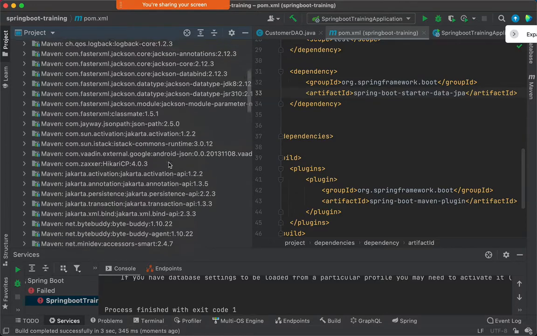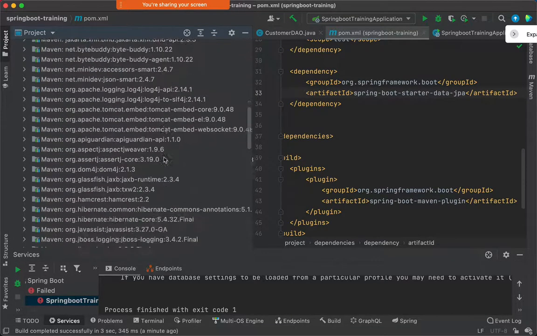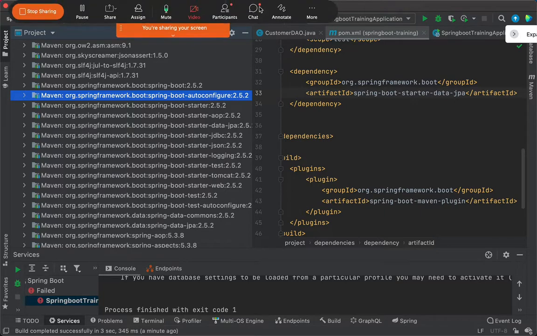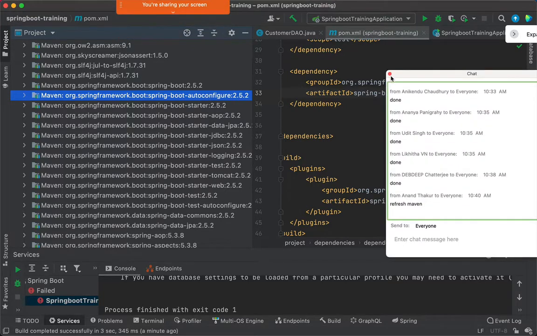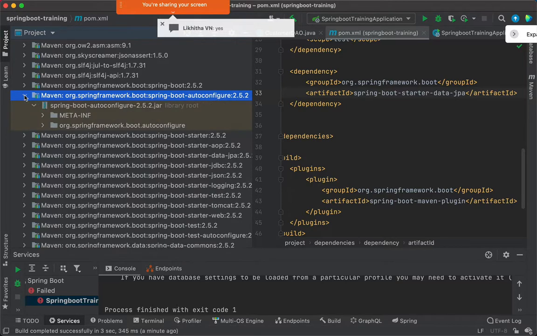See, through Maven, it says that it is including all of these libraries as a result of that dependency. So you will see here all your org Spring Boot specific libraries are here as well, out of which there is one library that is called Boot Auto Configure. Can you see this, friends? What is this? Auto configure. I expand this auto configure.